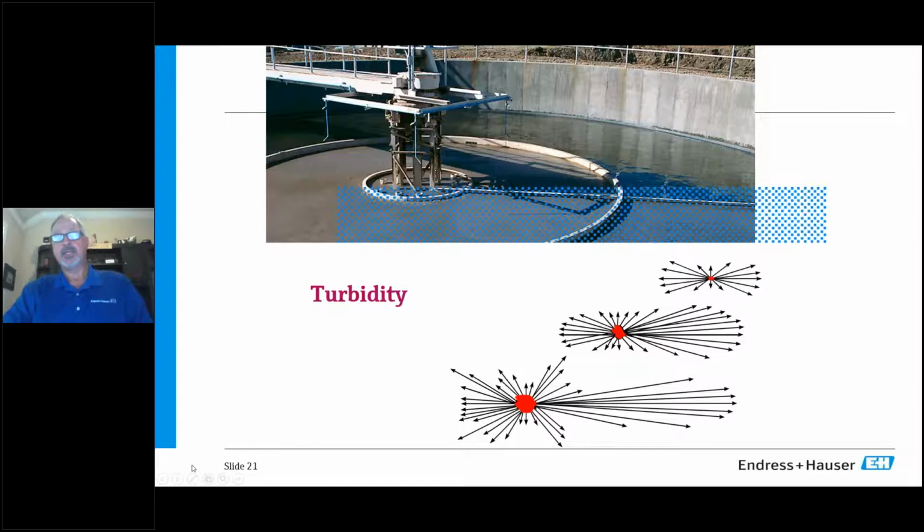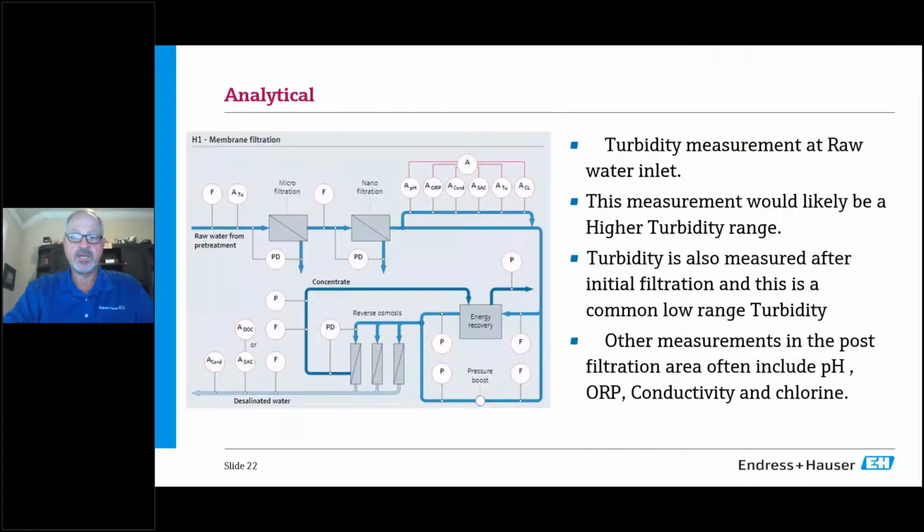Okay, turbidity. Endress+Hauser again has a full line of turbidity sensors. A typical application for a turbidity sensor might be a membrane filtration, where you get your raw water coming in from